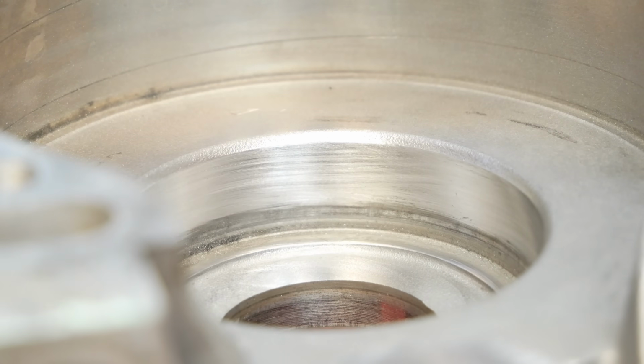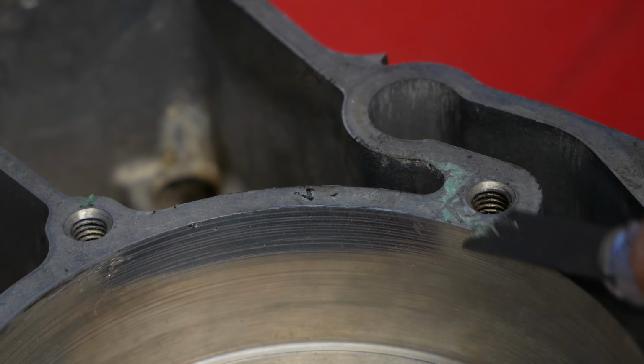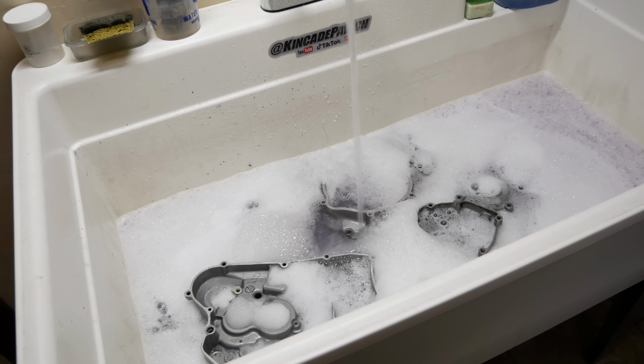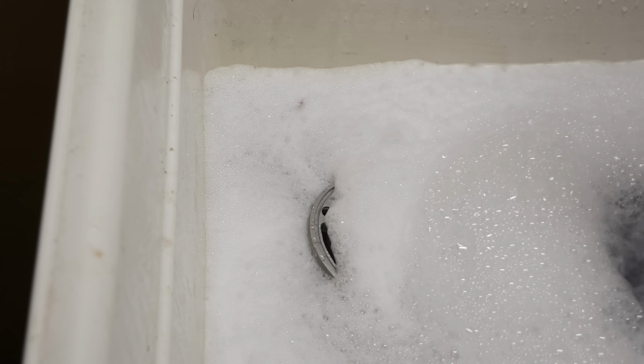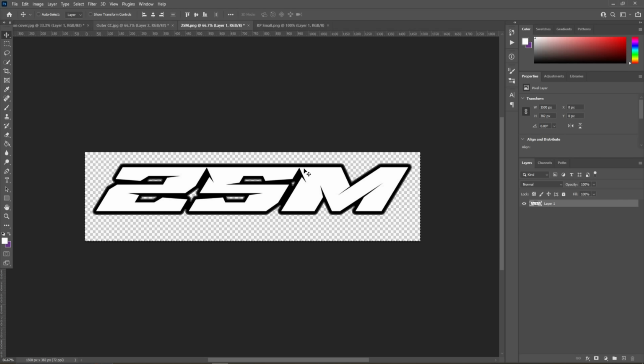After a couple quick minutes, I smoothed case imperfections out nicely and also cleaned up the bearing surfaces a little bit. I scraped any remaining gasket material and then did one final degreasing to remove any oil and grease before these parts get masked. While I let those parts soak, I opened up Photoshop and began mocking up custom designs